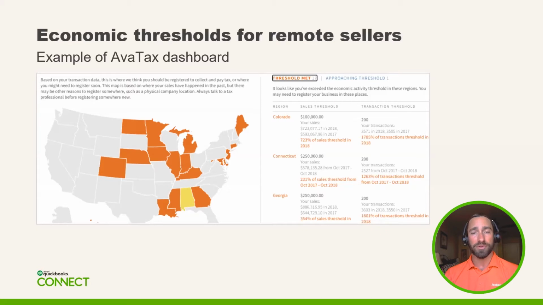If you hit 80% of a threshold, it will be highlighted in yellow, and when you log into your Avatax account, it will notate that you do need to get registered in that additional state. So keeping track of sales tax rates, rules, boundaries, if you've hit a threshold in a given state, it's just not something that can be done manually. It's going to take too much time, and if I'm a business owner or a controller or a CFO, I'm looking for things that I can automate now, right? After having to lay off workforce, having everybody work from home, now's the time to look and find things that you can automate as you go to scale and get through the pandemic.